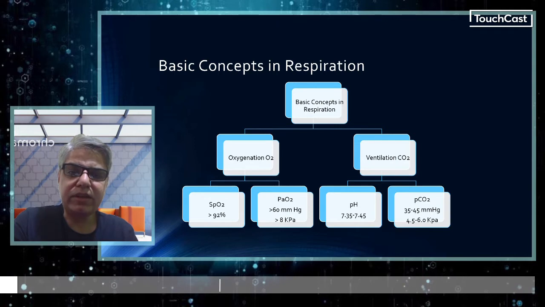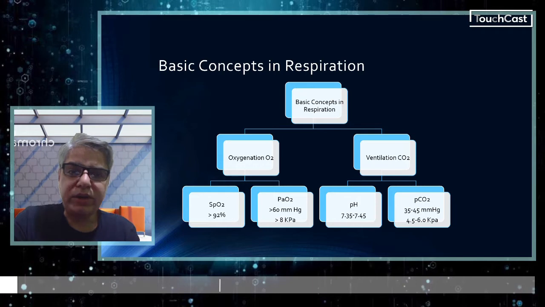So remember, whenever there are issues with carbon dioxide, if the carbon dioxide levels are too high because of any issue with your lungs, the pH would go down. So the pH would be less than 7.35. Normal pH is 7.35 to 7.45. An acidotic pH, that is less than 7.35, in presence of a lung pathology means that you have problems, issues